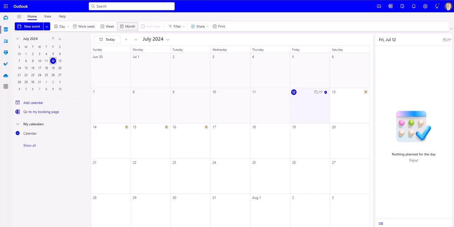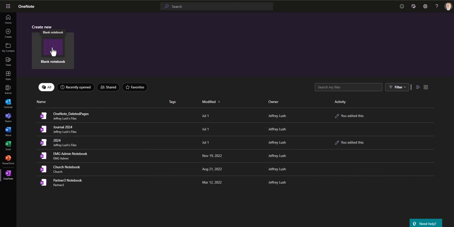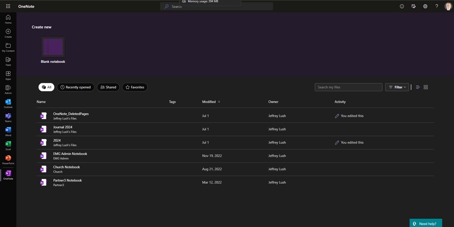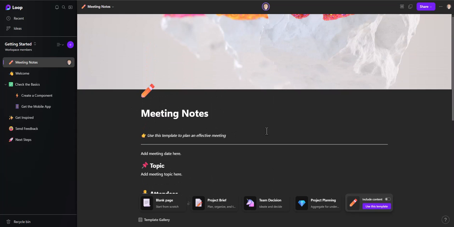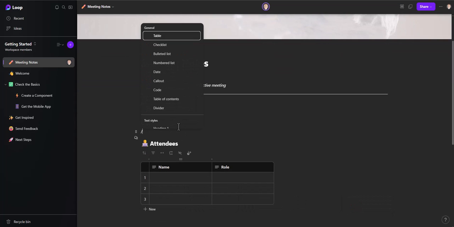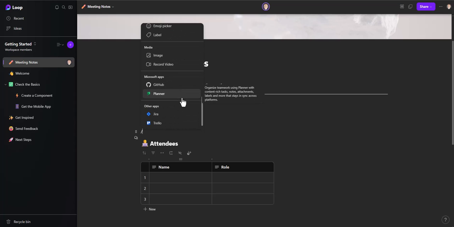All right, we talked about Outlook and Calendar. Now let's talk about some of these new features. Loop, for example. Now, OneNote has historically been a place where you can keep notes, file information. It's kind of that note taker similar to Evernote. It is, I believe, phasing out and moving into what we call Loop. Now, Loop has more than what I'm showing here. It's an integrated platform that really allows you to do all types of things. As you can see, you can add in task lists, voting, you can record video, dump in different apps,